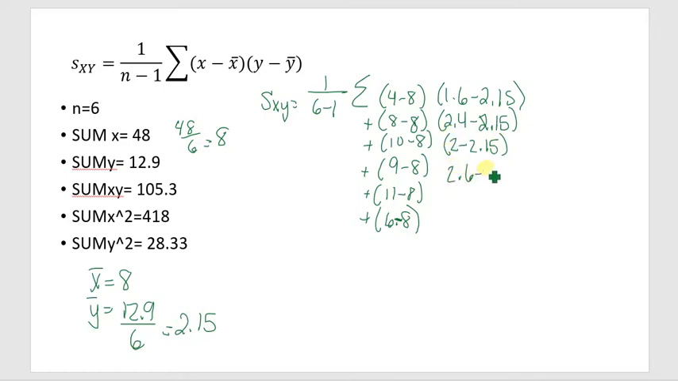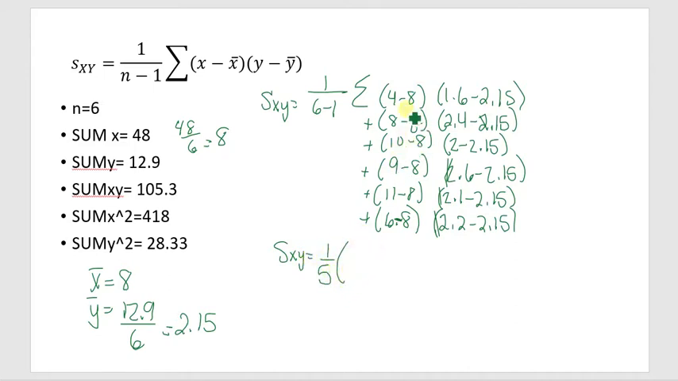2.6 minus 2.15. This is a lot of calculations, just throwing that out there. 2.1 minus 2.15. And then we have 2.2 minus 2.15. And what we have to do is actually calculate each one of these and then add them all up. So s of xy equals 1 over 5 times, okay, so 4 minus 8 is 4, and then